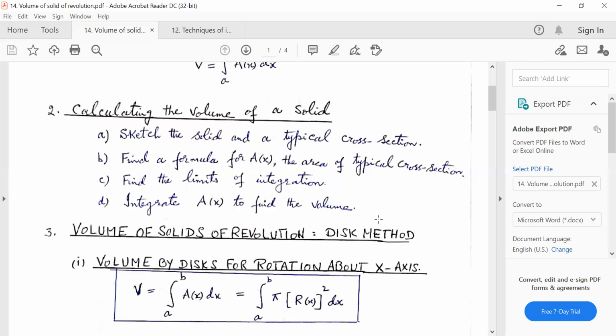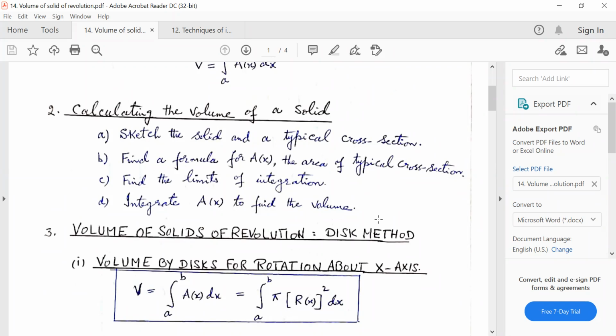These are 4 steps that we proceed. Try your best to sketch the figure. You know how to draw the graph of simple functions. Normally, simple functions will be given to you in this case. And the limits, you should use your common sense about from where to where we are to take the limits. I'll be solving questions from the exercise, and then you see carefully how we calculate the limits.